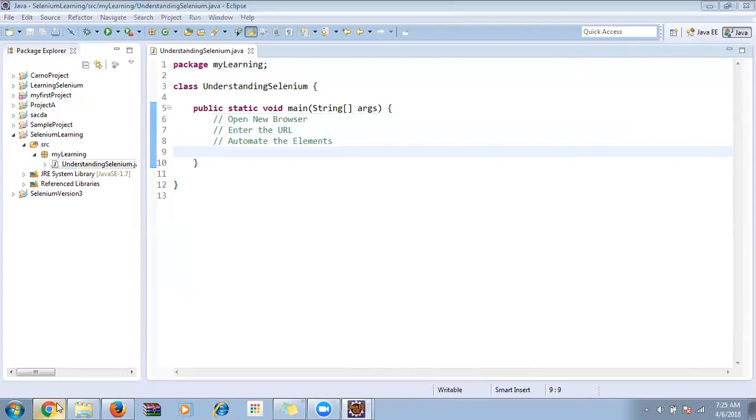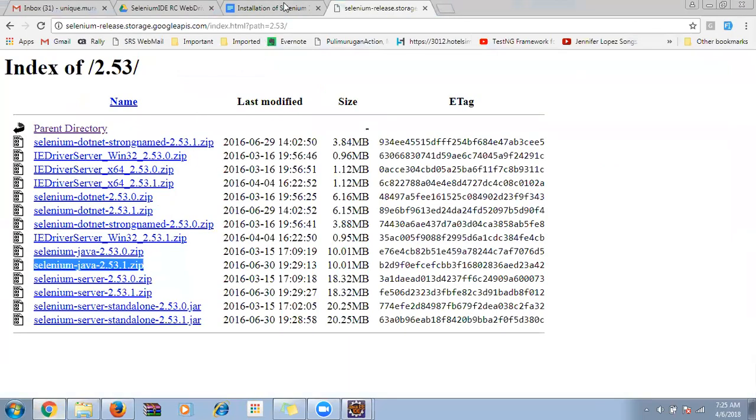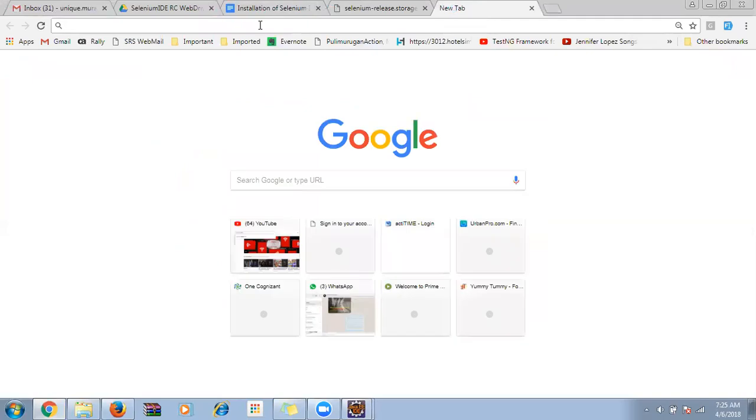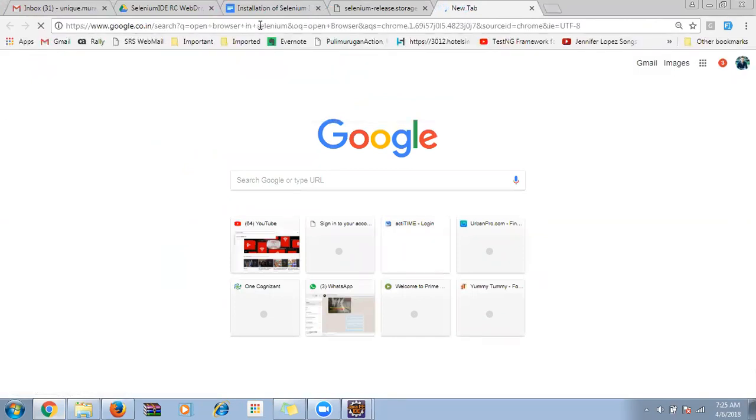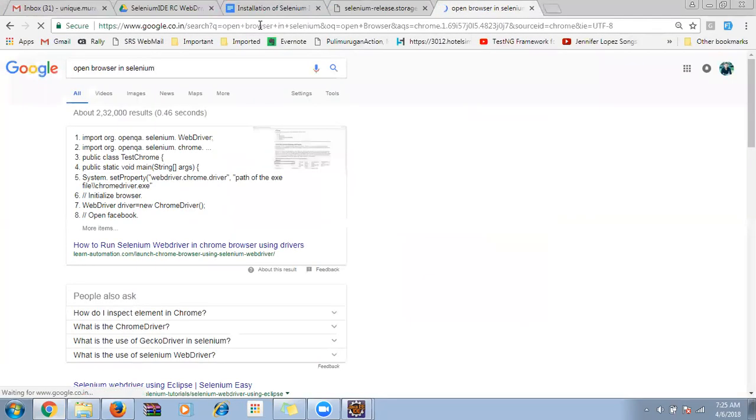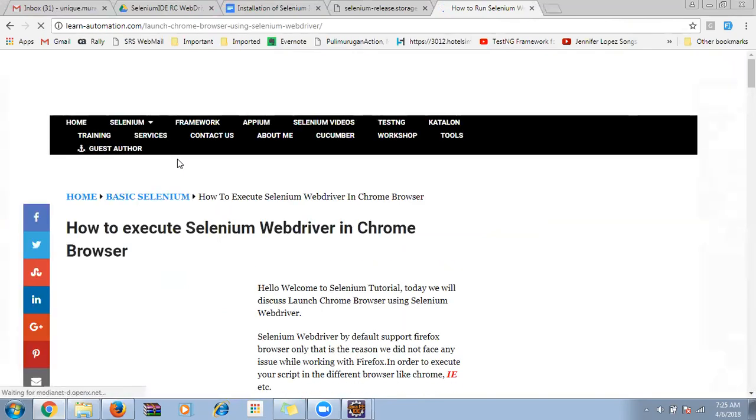So I will Google it. So I'll go here. Open browser in Selenium. So the main thing is actually we should know how to Google and then use those things also. That is also important. So open browser in Selenium and I go here. If I go down,